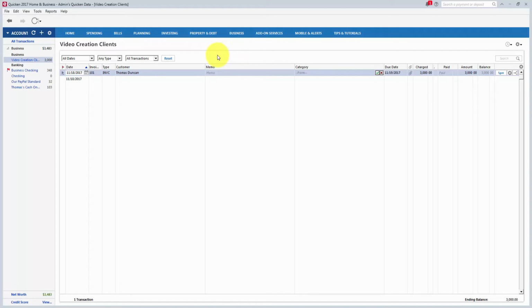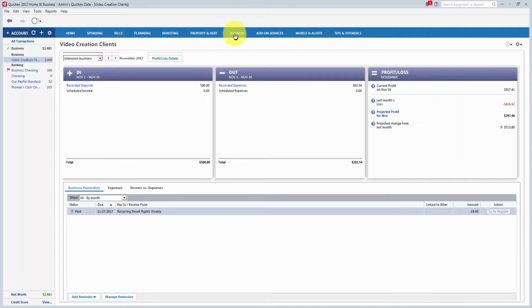Welcome back. Now in this video, we're going to customize our invoice that we're going to be sending to clients. We're mainly going to work with the default form, even though you can create as many invoice forms or types as you like. So what we're going to do is we're going to go to this business area, and then